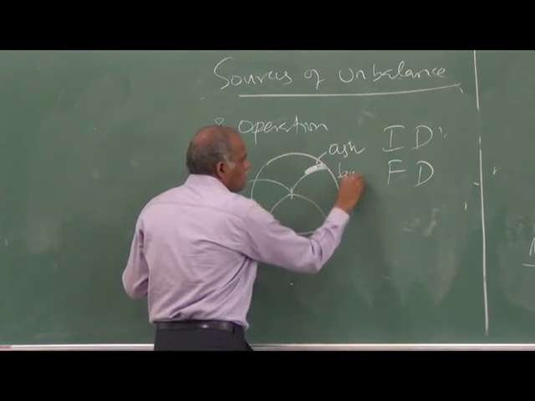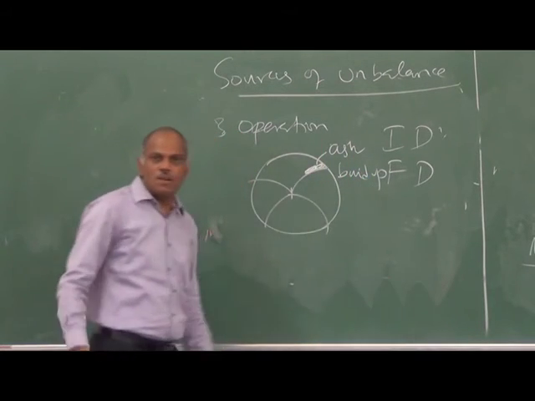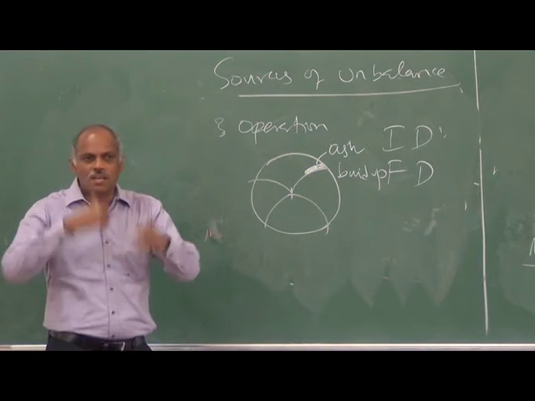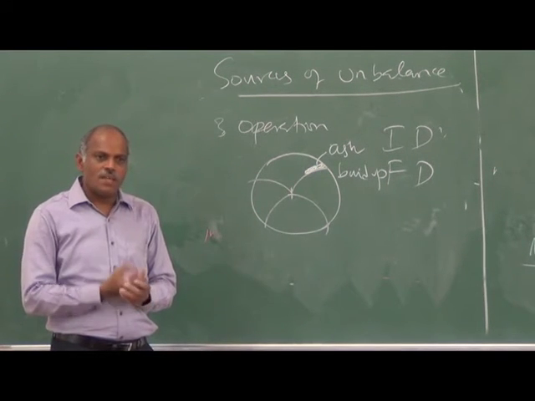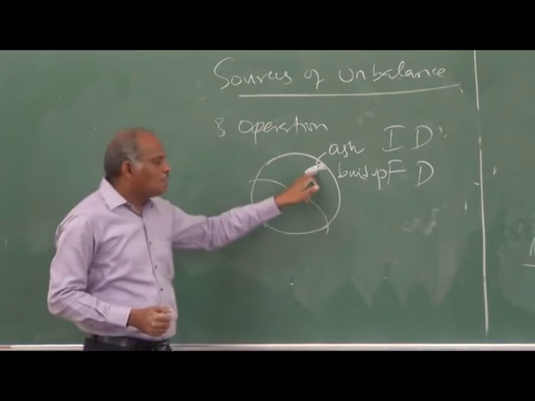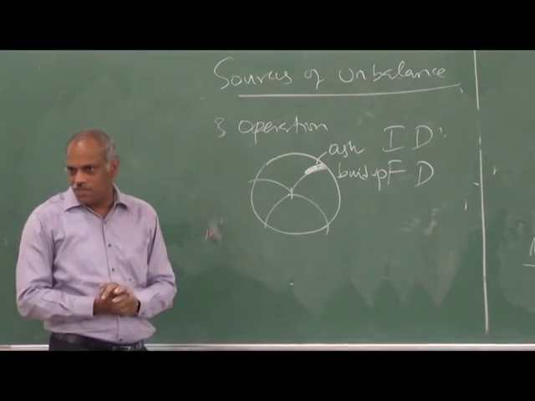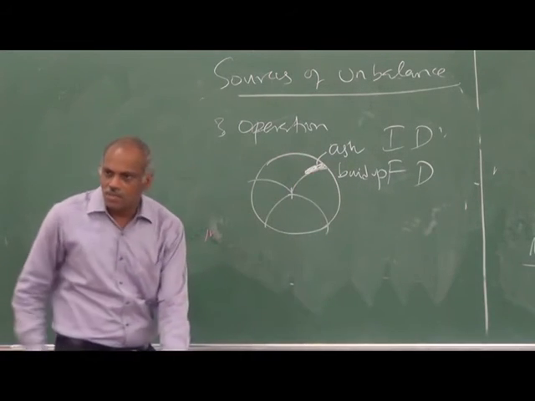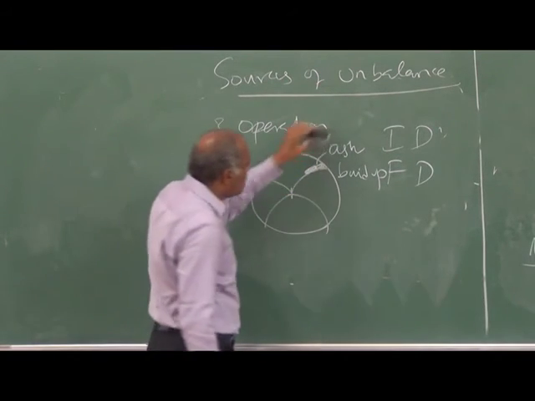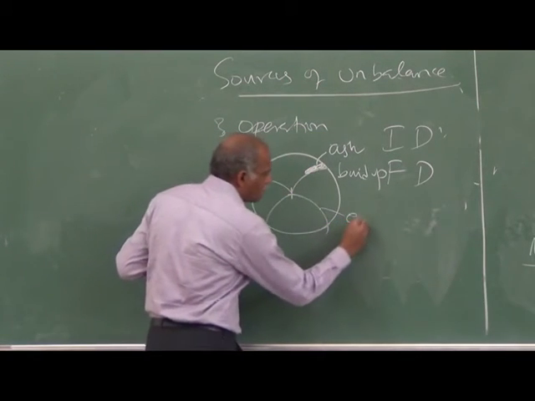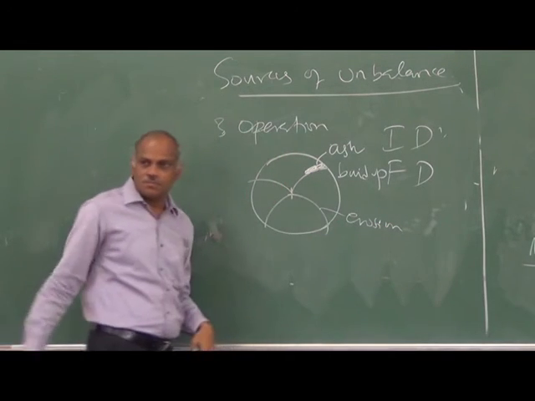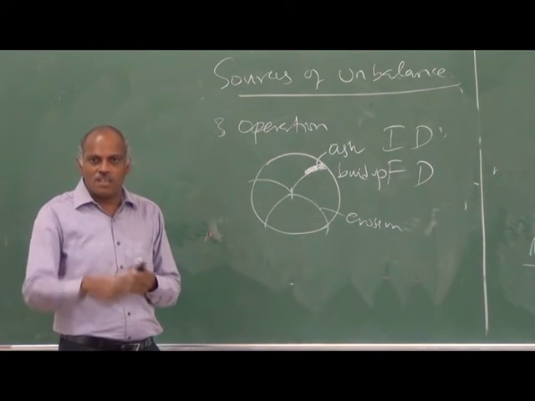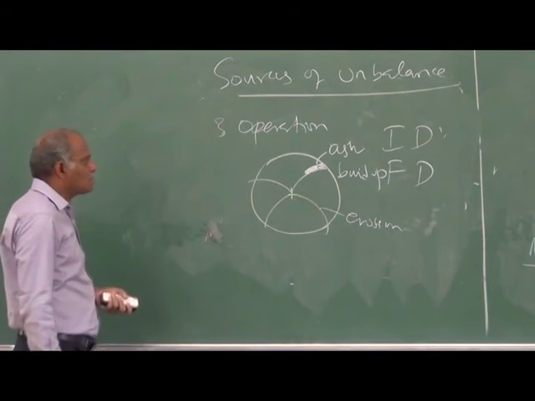Ash buildup. So your rotor to start with may be perfectly balanced. In operation, like your FD fan, the ash buildup may not be uniform. There is no control on your ash buildup, so it may not be uniform. So that may create unbalance. Or you think of erosion of blades. That may not be uniform. So these things in operation may create unbalance.